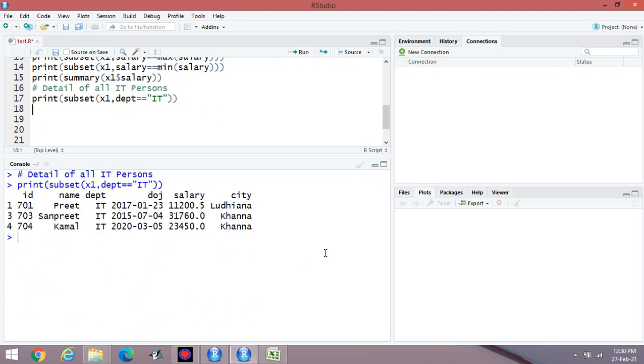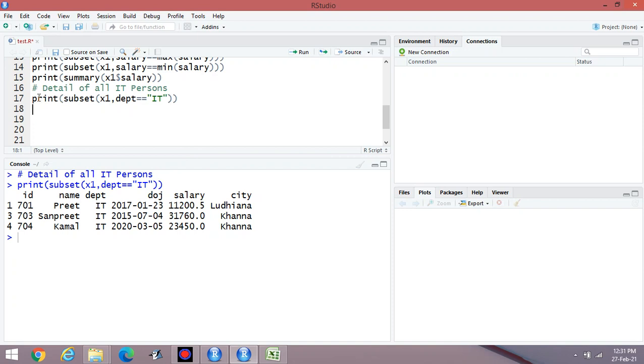You can display the record of persons with the IT. And you can add one more thing. Suppose I have to display the record of the persons in IT having salary more than 20,000. Suppose I have to display that.